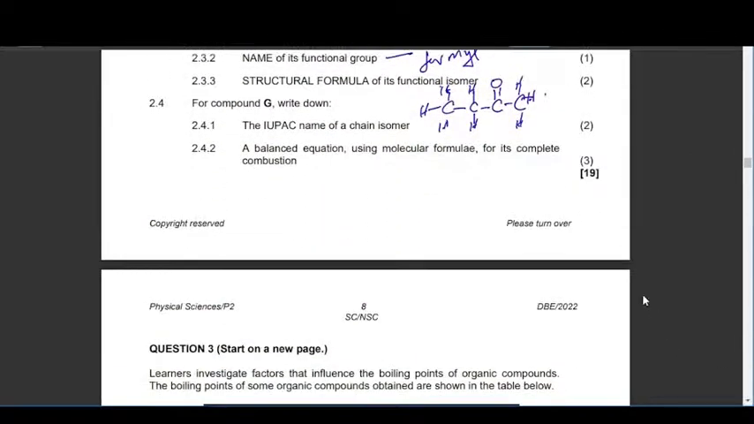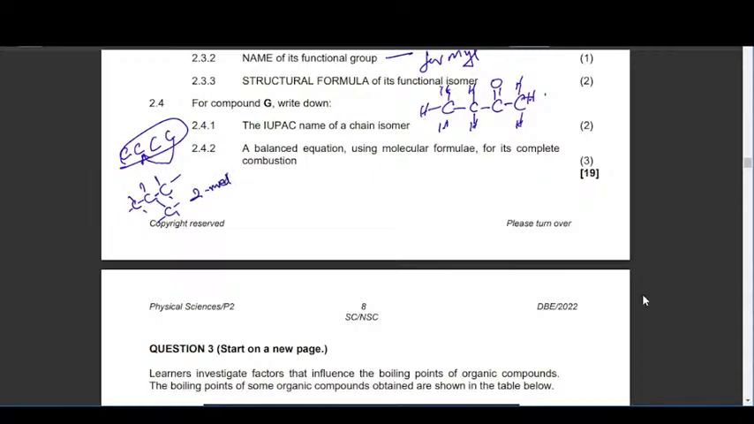What am I saying? This is what I'm saying. 1, 2, 3, 4. So it's like that. It's a straight chain. But now I have to bring this here. So it is going to become 1, 2, 3, then a branch. Then I put the hydrogens there. But this is not the answer. They are saying the IUPAC name. Therefore, it's going to become